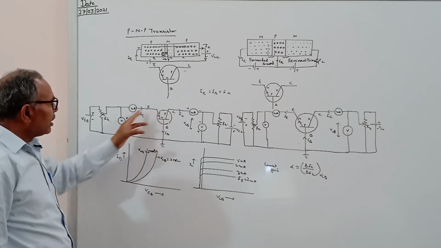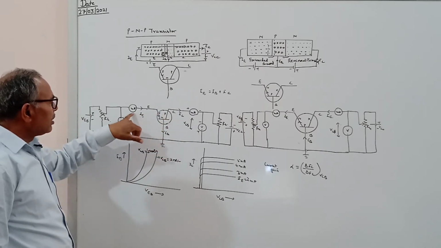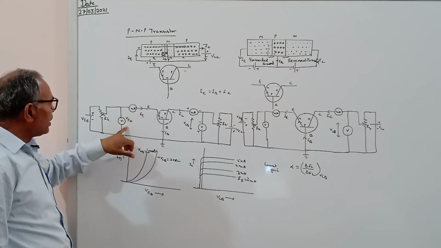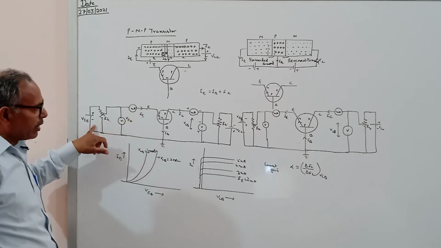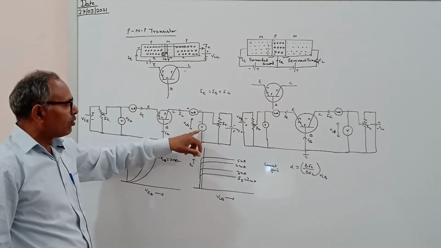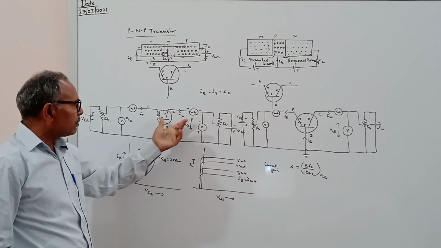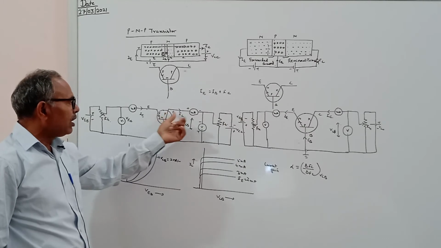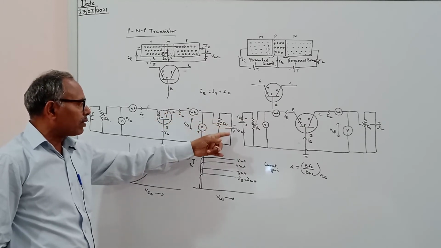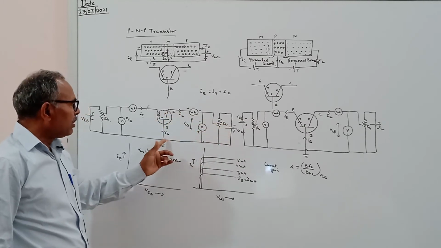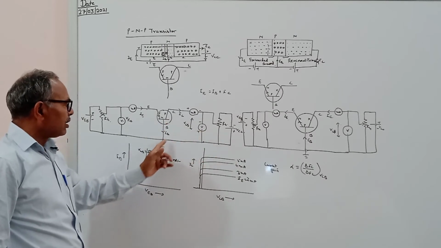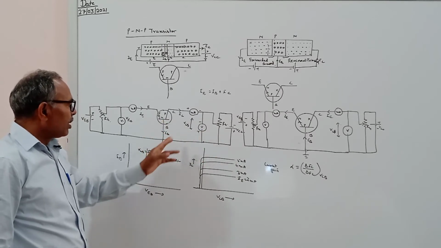So we have to connect the circuit like this. Here is the milliammeter, this is the voltmeter, this is the rheostat, and this is the battery. Similarly here, milliammeter, voltmeter, rheostat, and the battery. VCC we keep in the reverse bias condition because this is P, so we have to connect the negative terminal of the battery here, and the positive terminal will be connected to the earth, from this base to the earth, and this is the earth.